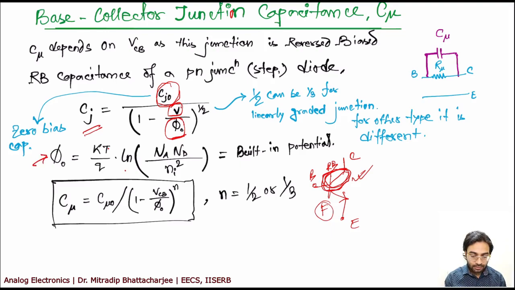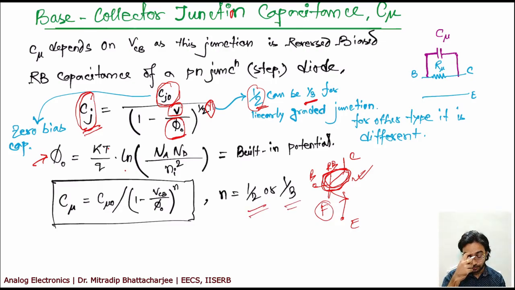So you have the capacitance value. Now this is to the power half. This exponent we generally write as n, and the value of n can be 1 by 2 or 1 by 3 based on the kind of junction the device has. If it is linearly graded, then we write 1 by 3. Generally for step graded, half is the value. For exponential, maybe it is something different, but more or less we use these two values, 1 by 3 and 1 by 2.